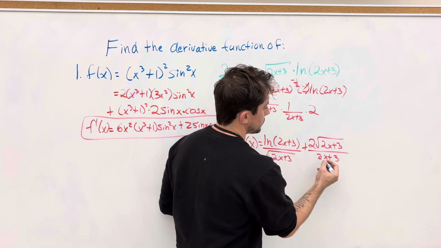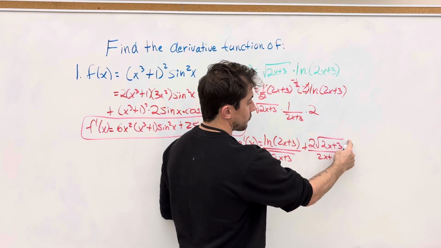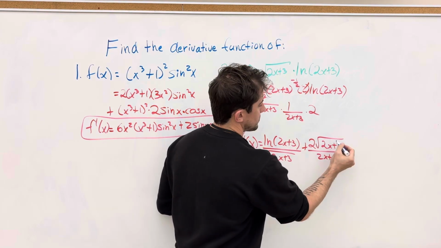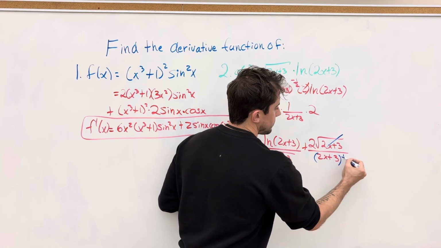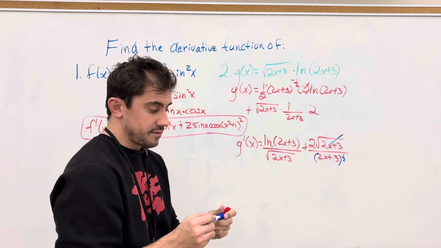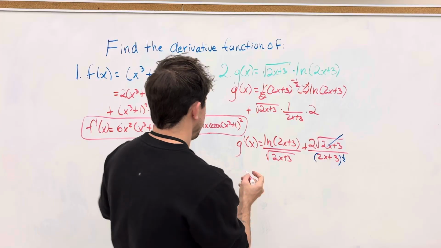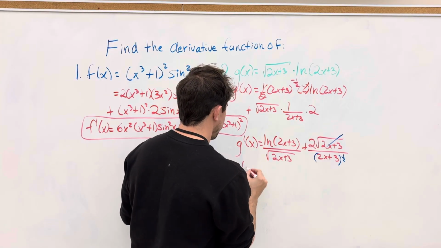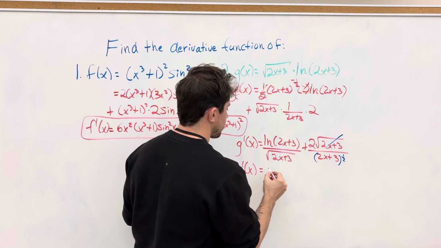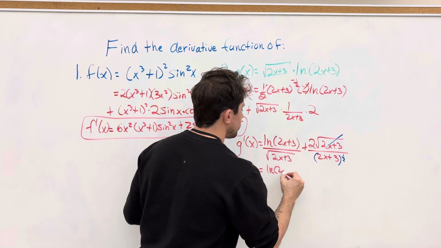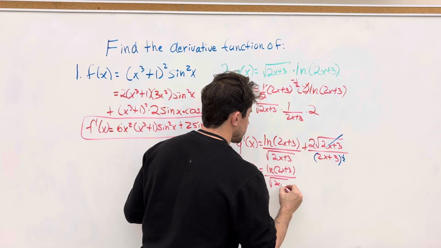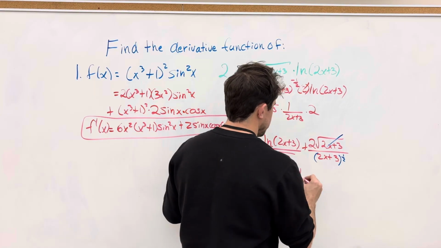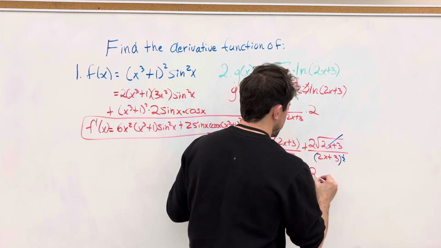So remember, this is to the power of 1/2, this is to the power of 1, and so this can cancel out, and now this becomes to the power of 1/2, right? And so now we could further simplify g prime of x to the ln of 2x plus 3 over the square root of 2x plus 3 plus 2